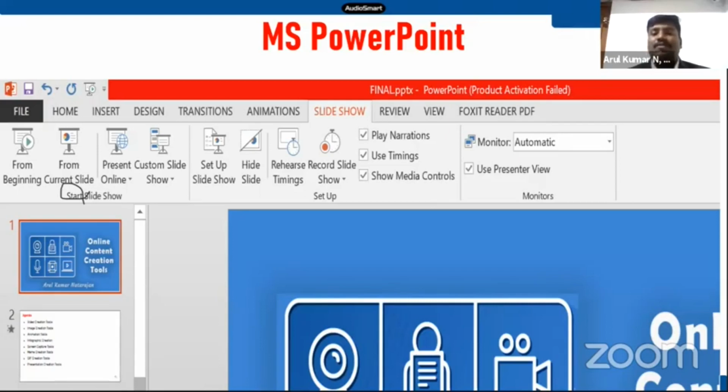So you need not go for any third-party software. In PowerPoint itself, you can have this. From the next day, when you are going to take a class, you can simply create a PowerPoint, go to the slideshow, and use this option. You can present from the beginning, so it will be presented online and it will also record your voice. Later on, you can save the file as a video file from Microsoft PowerPoint itself. So Microsoft PowerPoint is the best and simplest tool for screen recording with audio. You can save it as a video file.